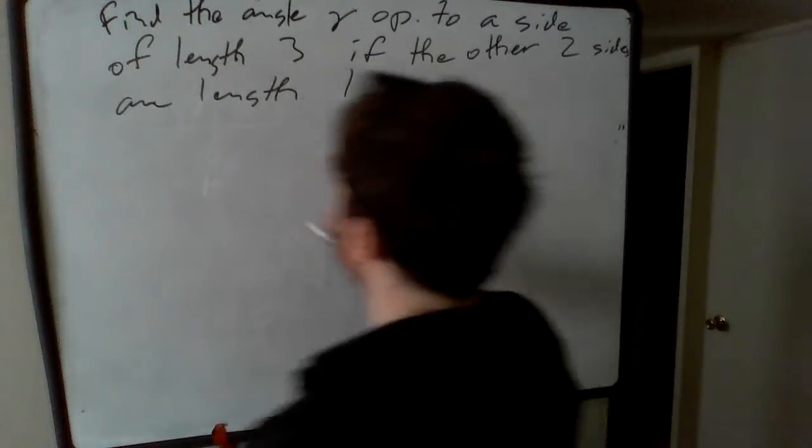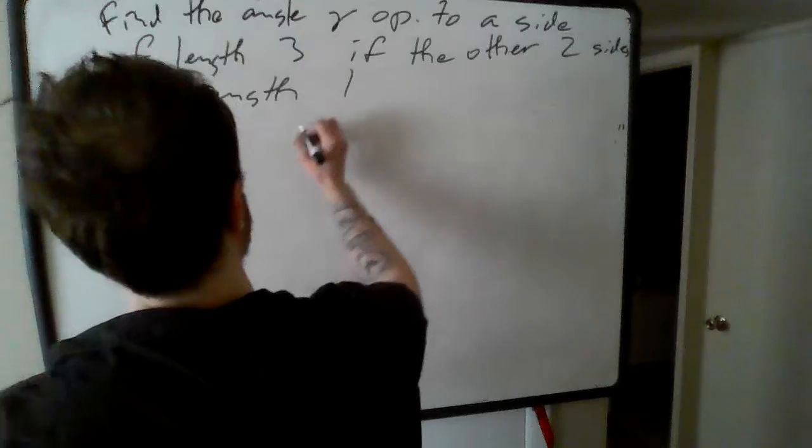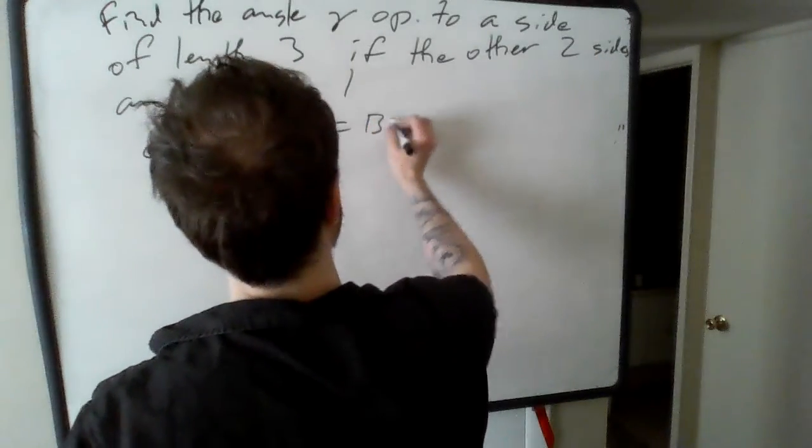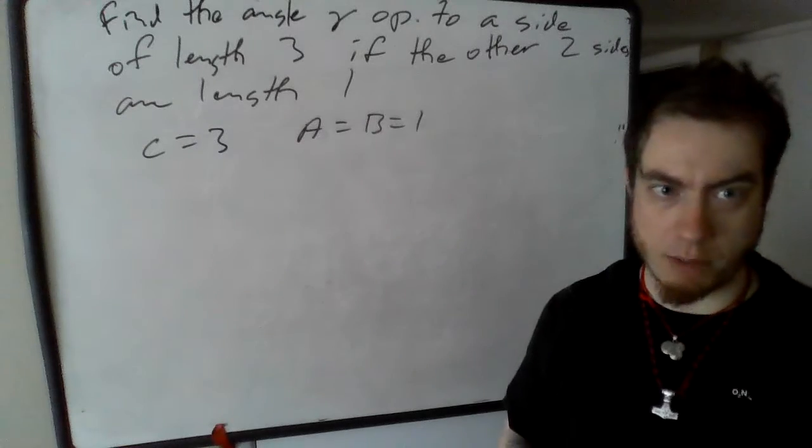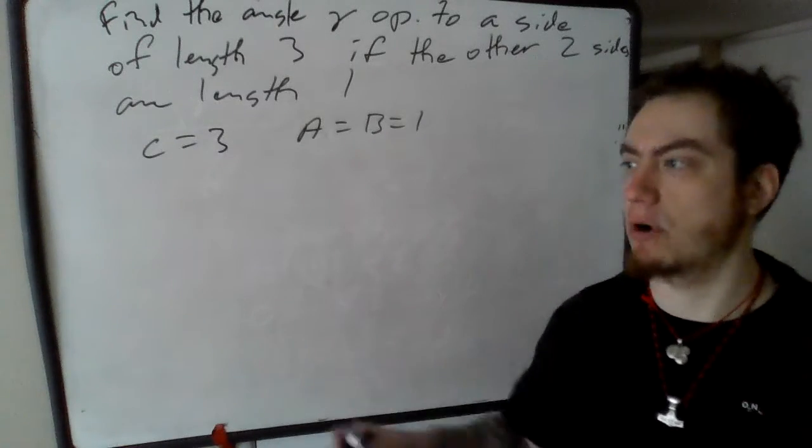Well, in this case, we have C equals 3 and A equals B equals 1. Now, I'm not trying to draw this. Normally, I would try to draw it, but as we're going to see, this is an impossible triangle, so yeah,